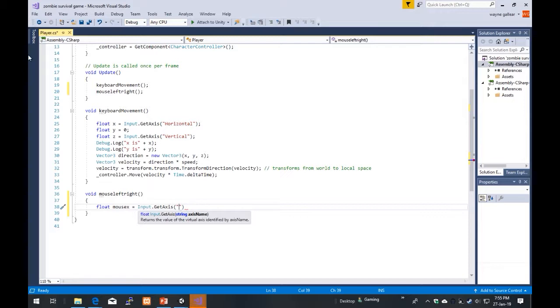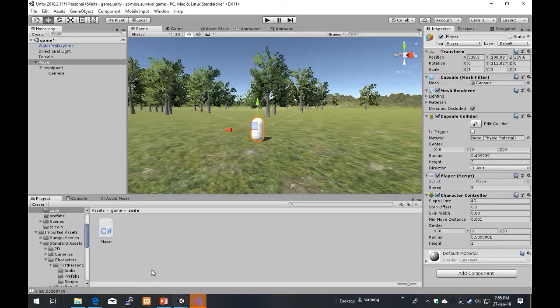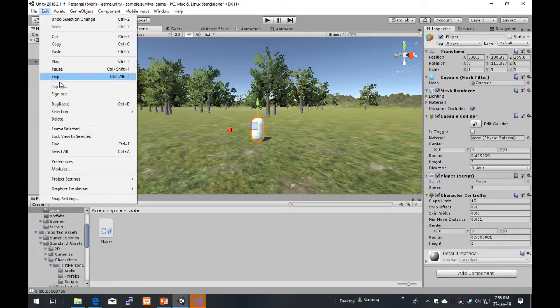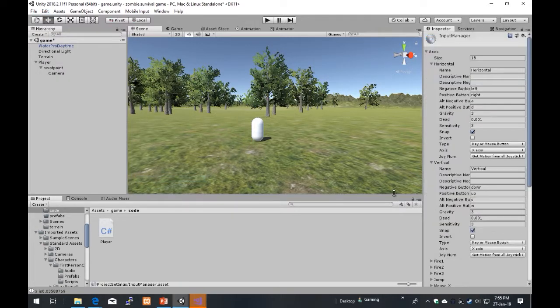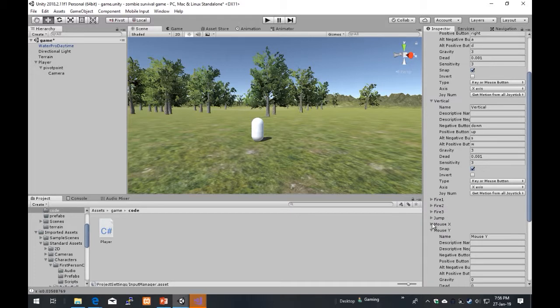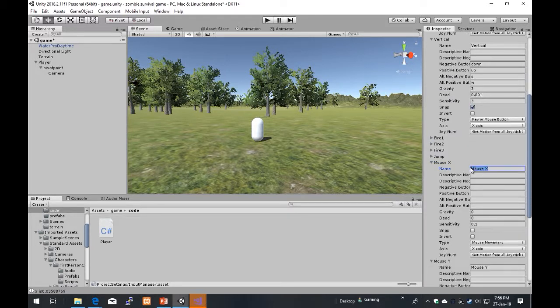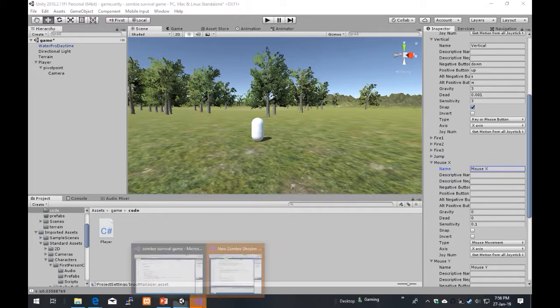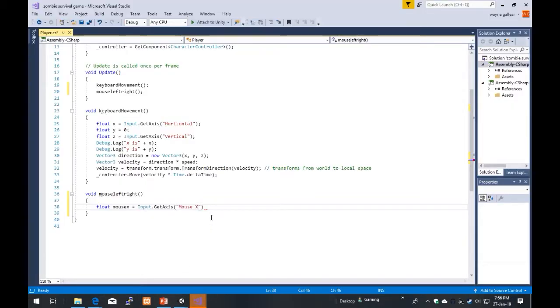But this time it's not horizontal. If we look here in Unity at the project settings and input, we've used this horizontal x. What we want to do is access the mouse x and mouse y. So here we are, we want to access the mouse x. To be honest, you can just copy and paste, it makes it really easy. So mouse x there, I'm going to access that one. So if I move my mouse left to right,